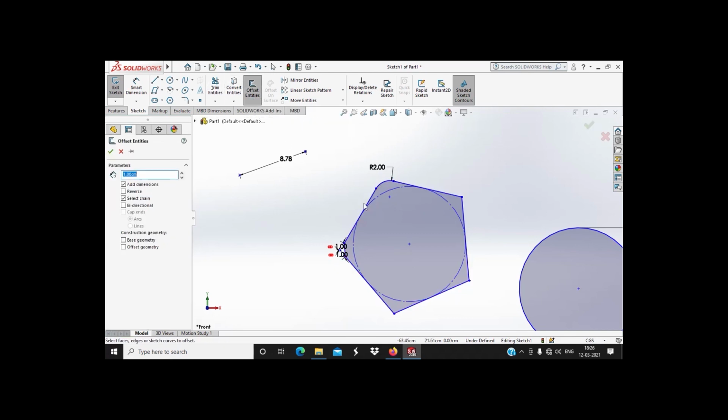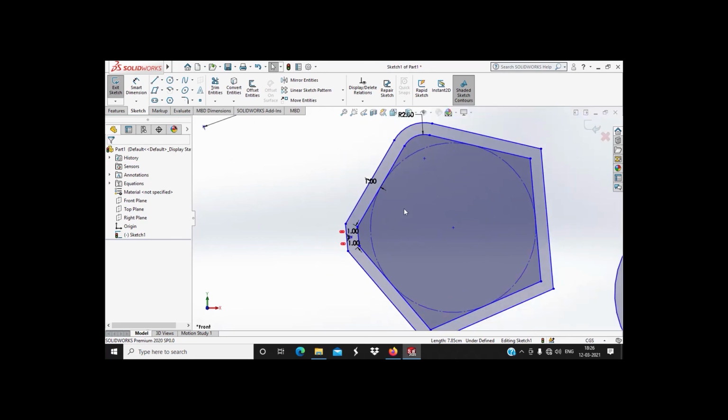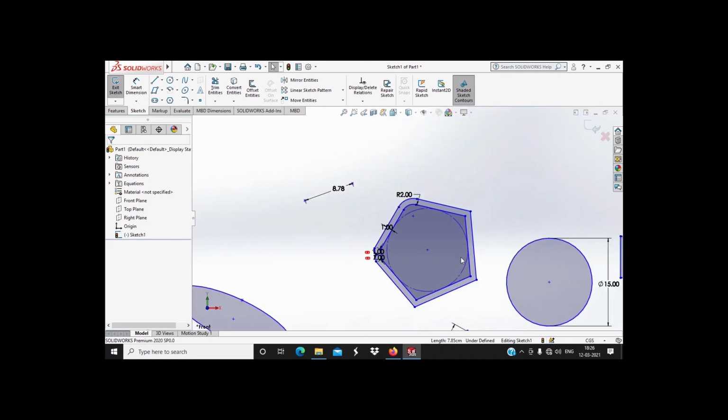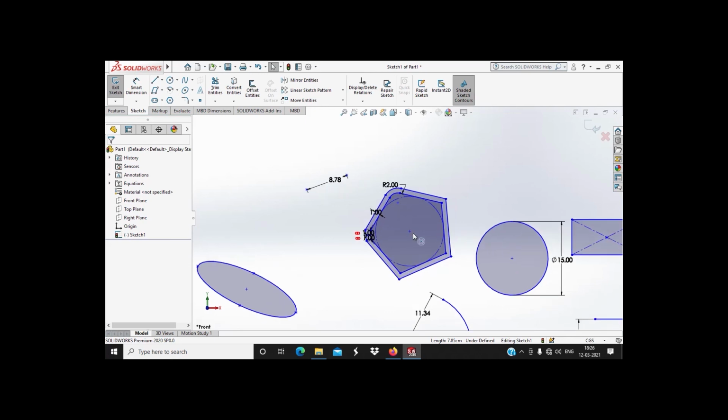Select offset entities and click on this pentagon. Then if I move, as you can see, a new pentagon is formed. It has same features as that of the first pentagon. Using offset entities, we can create a sketch from an existing sketch. Both will be similar and will have same center.